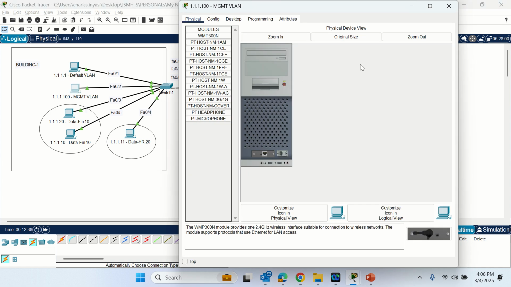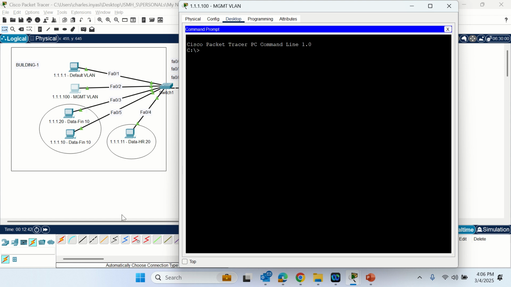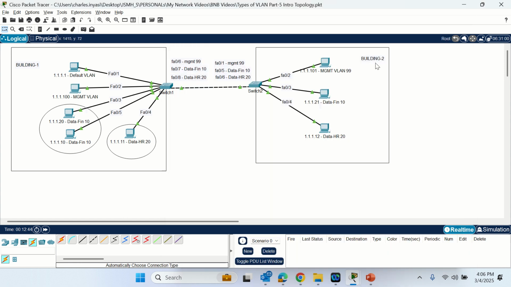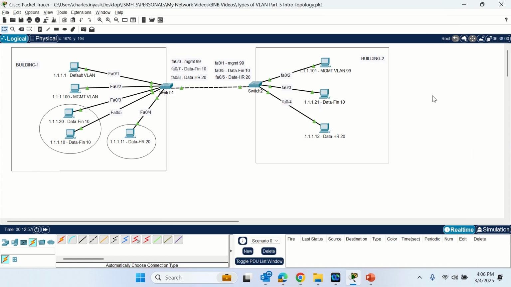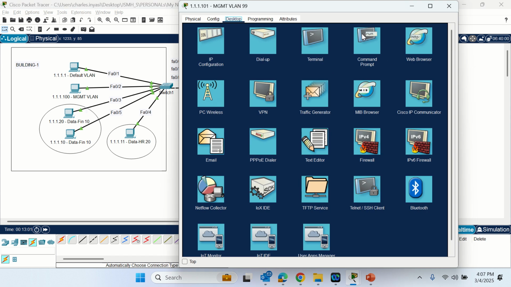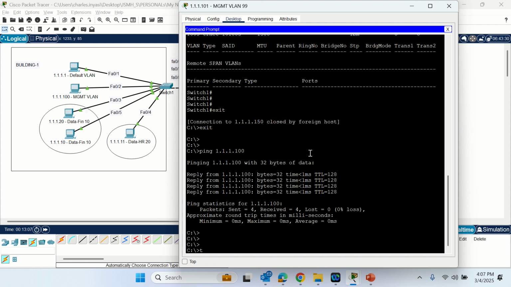Let's go to management VLAN, okay, and then try to ping the other end management PC. This is the other end management. This is the building 2 management system, which belongs to VLAN 99. So let's try to ping that, which is 101. Ping 1.1.1.101. So it will be pinging. And one more thing is, since it is a management VLAN, you can go to building number 2 and then go to that management system and then try to telnet